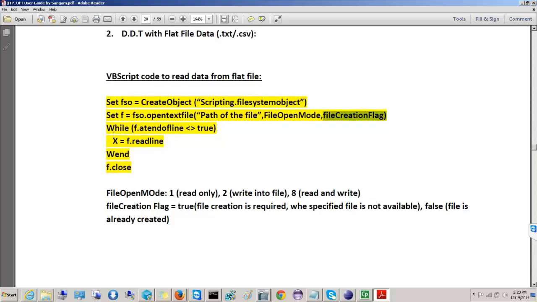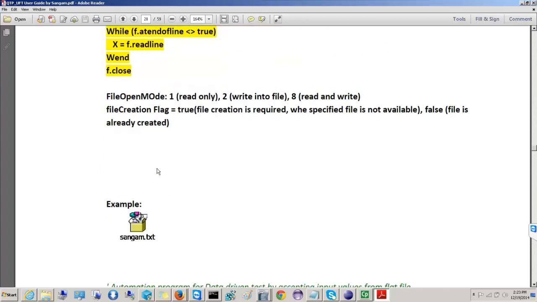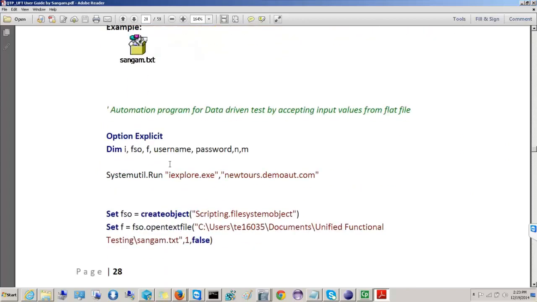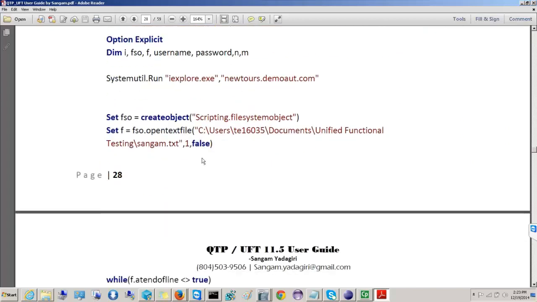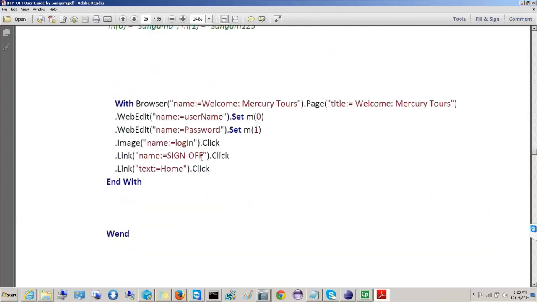Then you use a while condition, because the file has multiple lines. Basically you put the condition until the file system object reaches the end of the file. You read every line and store it in the variable x. Then you end the while loop and close the file system object. Whatever you open, you close, just the way we do driver.quit. So this is the second technique. This is also used, but let's come to